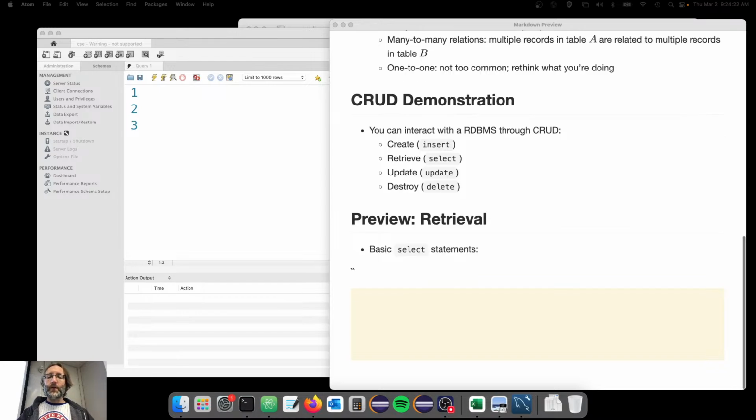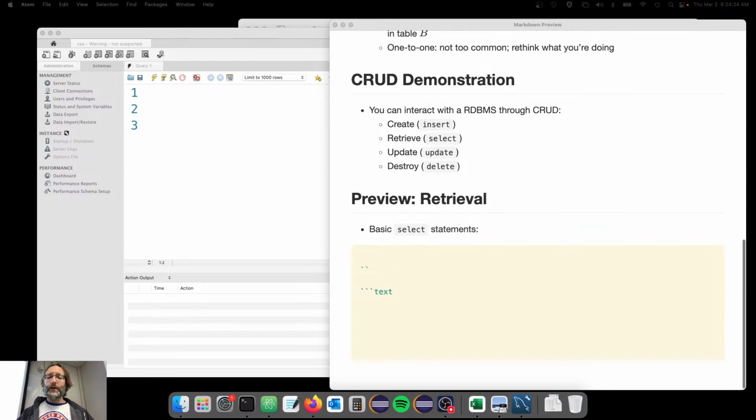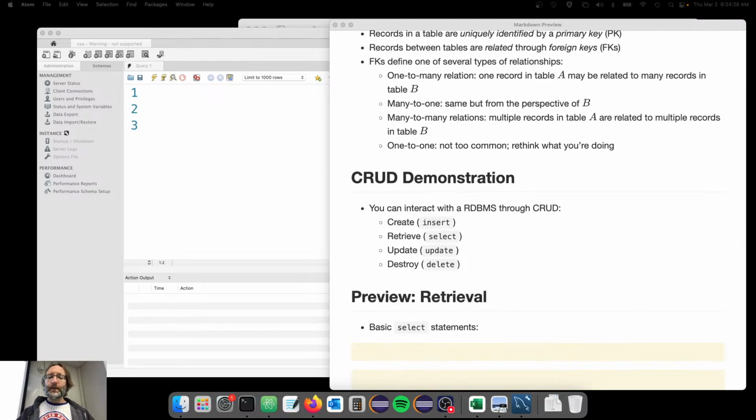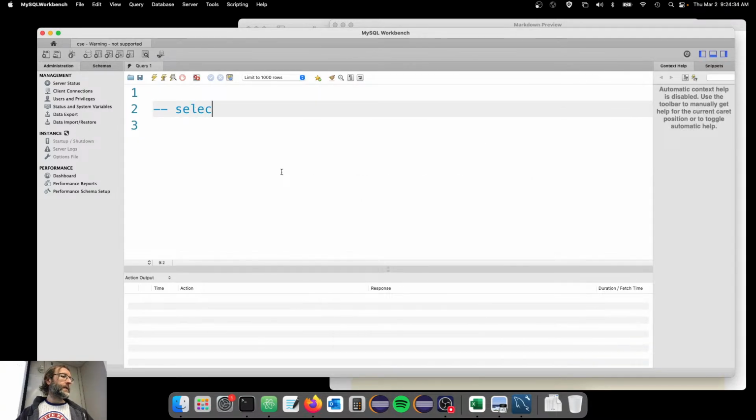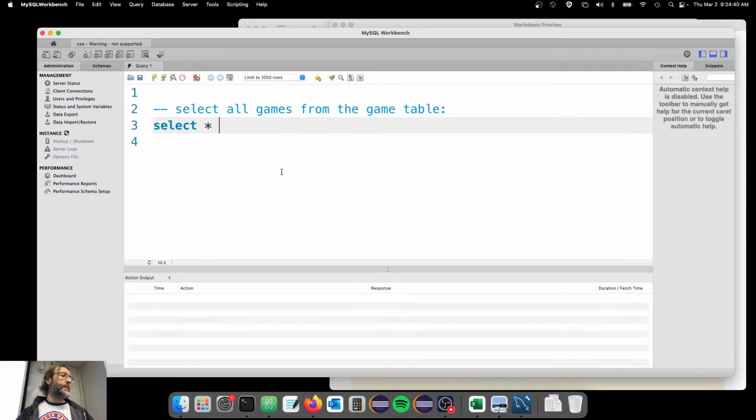What we're going to do is go into SQL mode here, and I'm going to select all games. Actually, let me do it over here. Select all games from the game table. I'm going to execute this command, select star from game. There we go. So first of all, how did I know that it was the game table versus the games